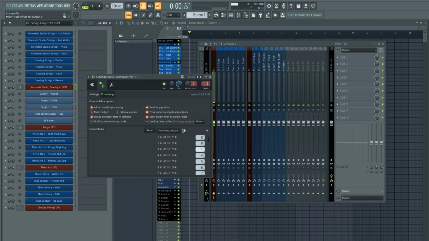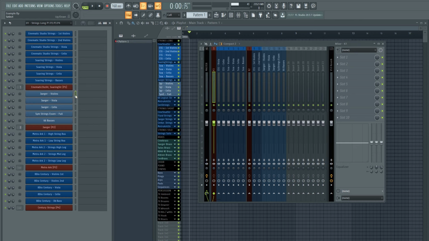So now I need to go back the way. I need to go 1, I need to go 2, 3, 4, so these now shift back. 5. Oops, you can see this is not entirely right. Okay, so that's sitting right, viola, cello, and these basses. Okay, so now they're sitting right, so I think, okay, now I'm ready to play, and I go to the